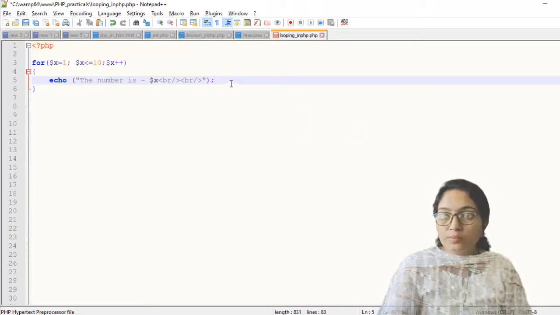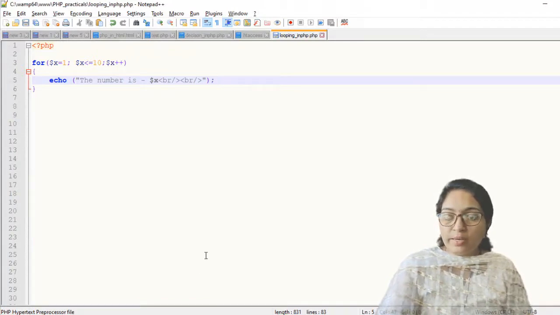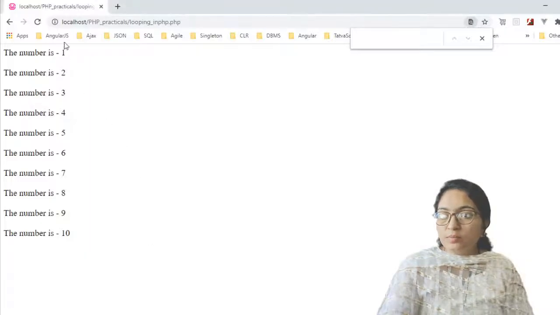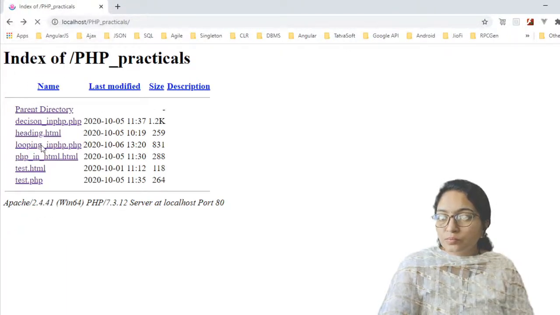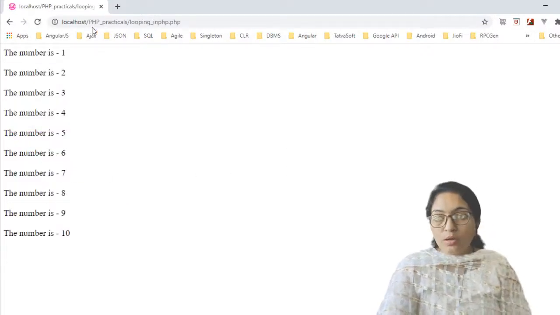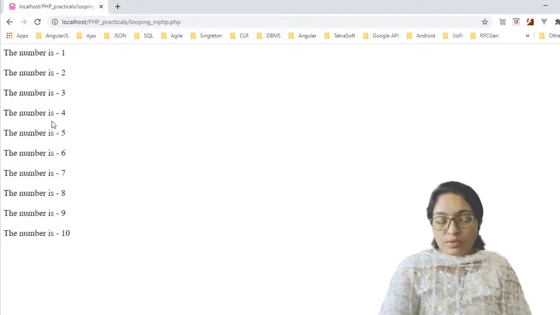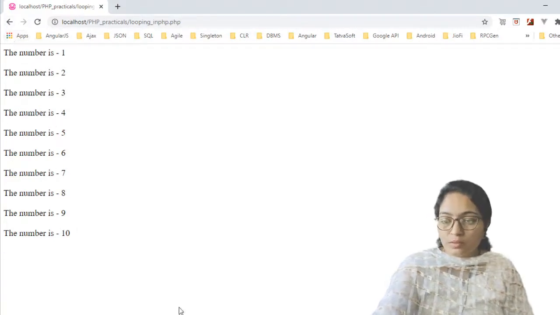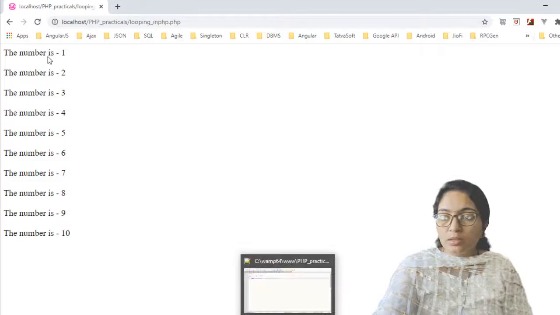Now just save this practical and execute it. So it will give this output. That was the previous output, you just ignore this.